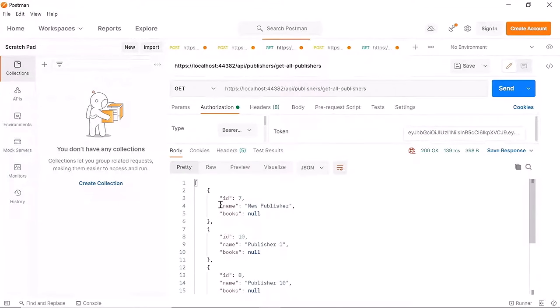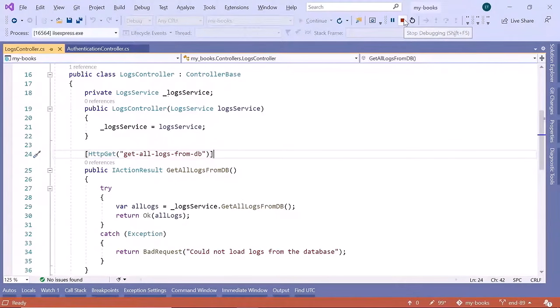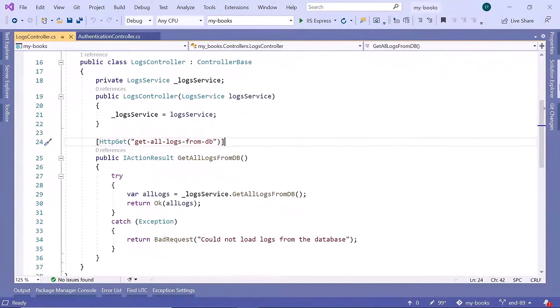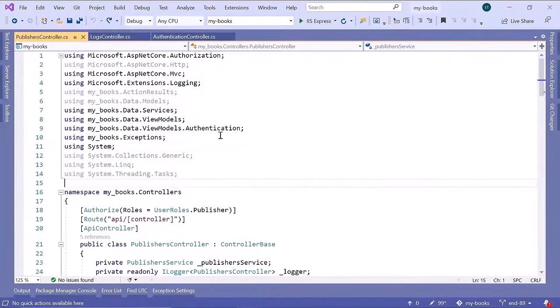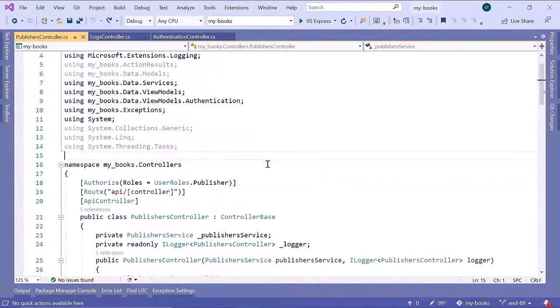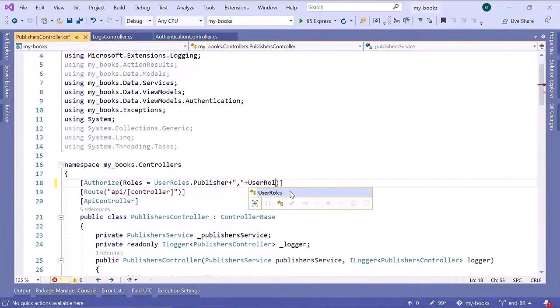Now let us just go to Visual Studio. And I'll just stop the app and then go to the publishers controller. And in here, if you want the publishers controller to be accessed by both publishers and the admins, you can add as many roles as you want in here by separating them with a comma. So for example, we have the publisher. Let us say we want to also add the admin. We just need to separate them with a comma. And then you can just type in here user roles